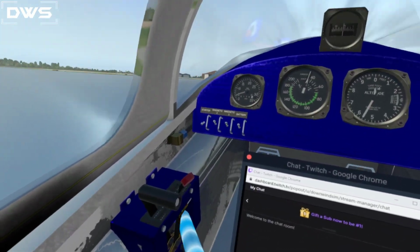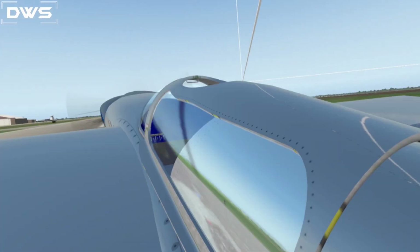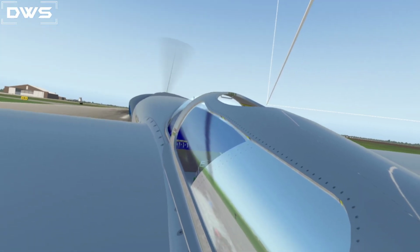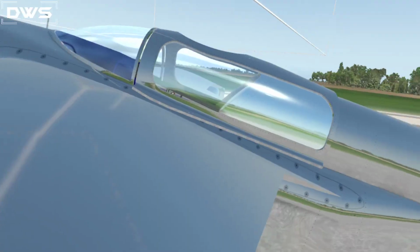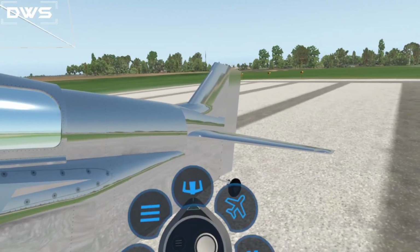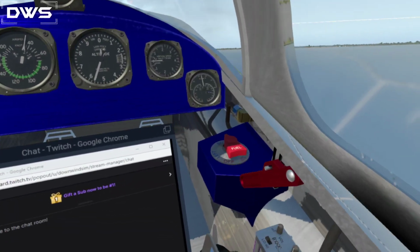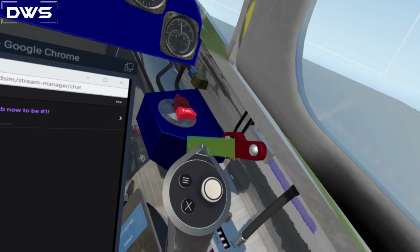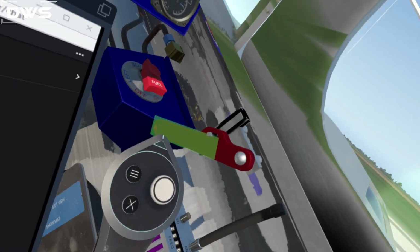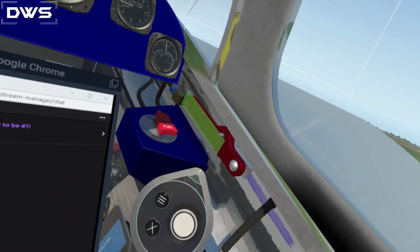All right, so let's jump out here real quick. Yeah, you can see how small it is. It's got a little peek window in the top. But it's nothing but engine. I think it's an older racing plane. All right, so let's go ahead and latch that. That's kind of neat. The whole mechanism works and all that. Very nice